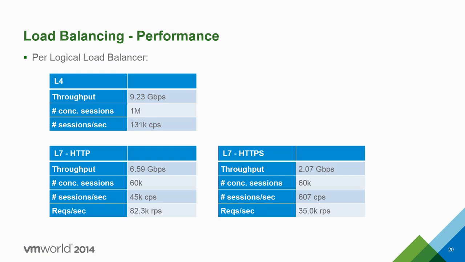And if on top of that you ask me to terminate SSL, so people come on HTTPS to me and I talk to the servers on HTTP, then you ask me to go on layer 4 and layer 7 and SSL, so I still don't complain, but of course there is an impact on the scale I can have. But it's still decent. I mean, if you look at that, 2 gig, I don't say 100% of our customers are happy with that number, but 90 plus of customers don't have those numbers anyway for their applications.